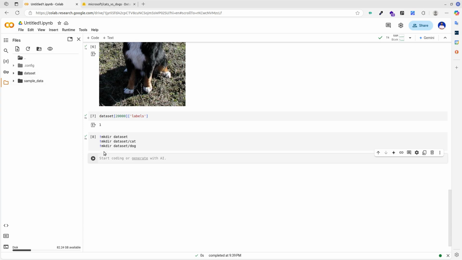With the folders created, let's now iterate over the dataset. Firstly, we'll check if the image format is JPEG to avoid any corrupt images. And then we'll check the labels. If the label is 0, we'll save the image under the cat folder, otherwise we'll save it under the dog folder.